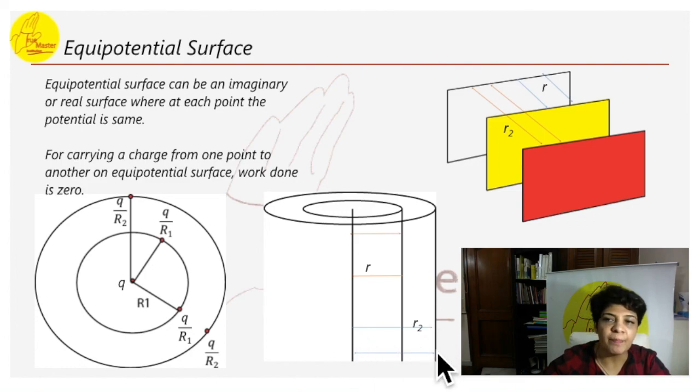In case we take plates, these are parallel plates. The distance between this point and this point are the same. So these 2 points, here and here, will be equipotential. Similarly, the distance from this element is R2 all the way here, and similarly this distance is R2. So the potential here and here will be equipotential.